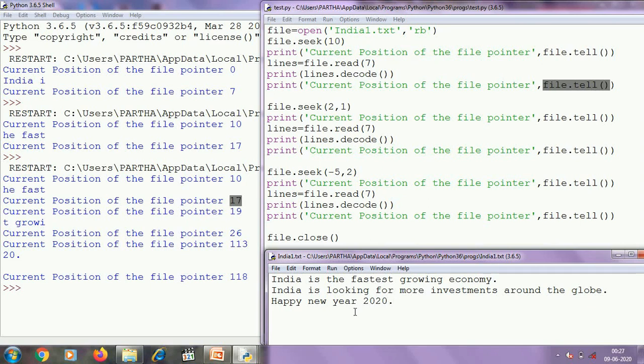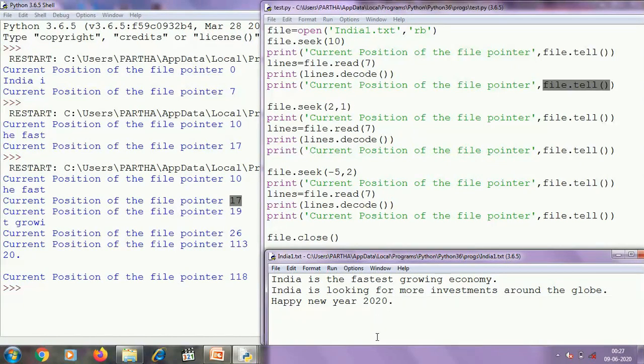So after that the cursor will go here. From that position we have to move backward 5 bytes. So this is the 1st byte, this new line is the 2nd byte, this is the 3rd, this is the 4th, this is the 5th. So from that position 7 bytes will be fetched.